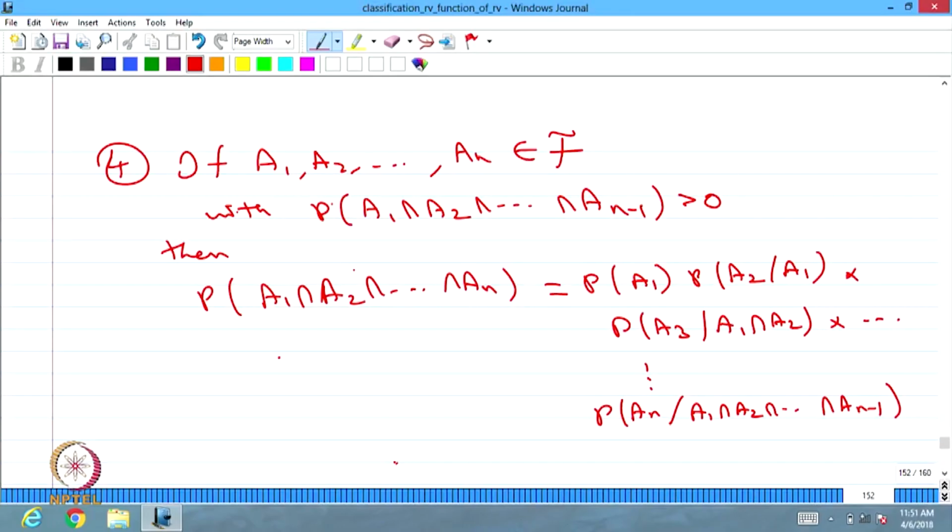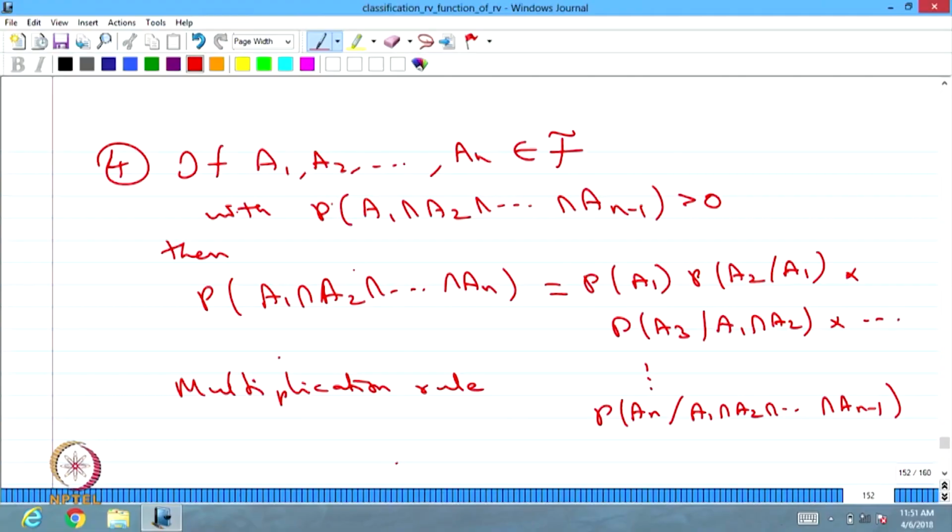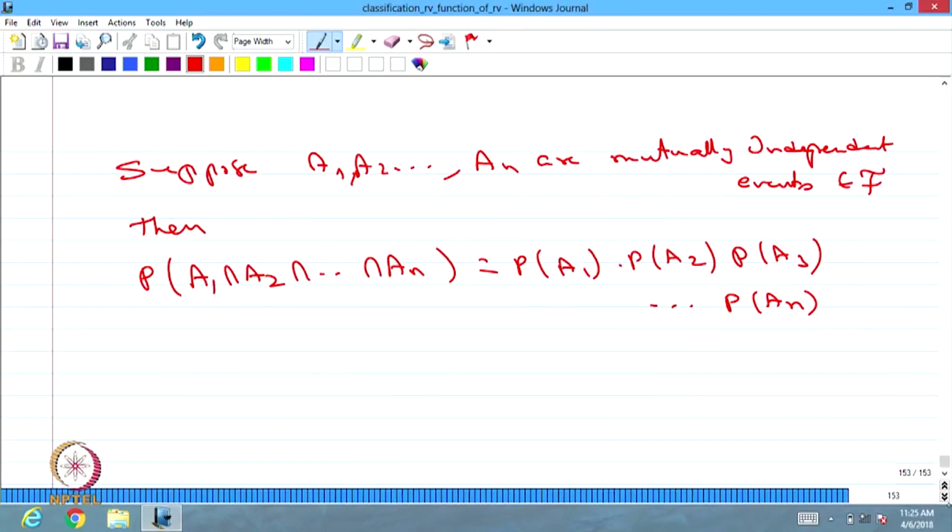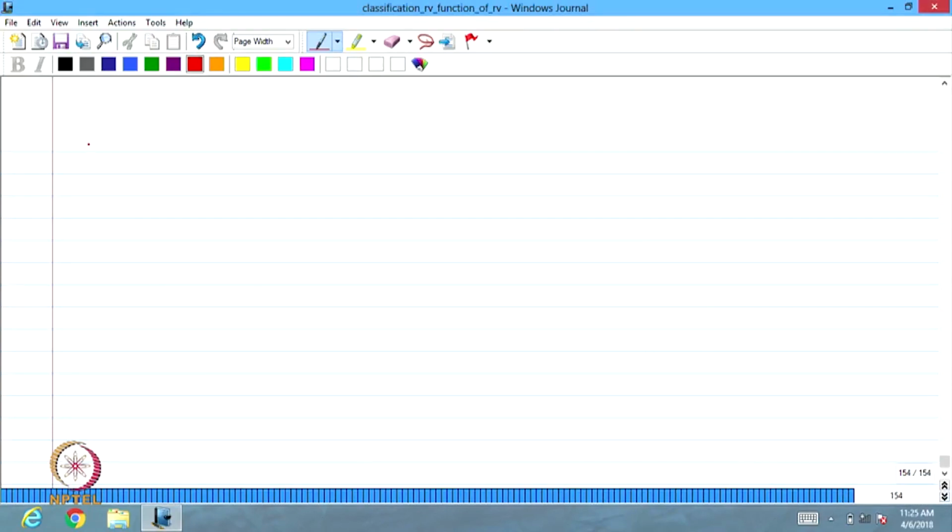This result, this conditional probability of the intersection of events, is the same as the product of these probabilities. This rule is called the multiplication rule. Later I am going to introduce the total probability rule, whereas this one is called the multiplication rule. That is, the probability of the intersection of events is the same as the product of the probabilities of the individual events. Now we are moving into the next important definition